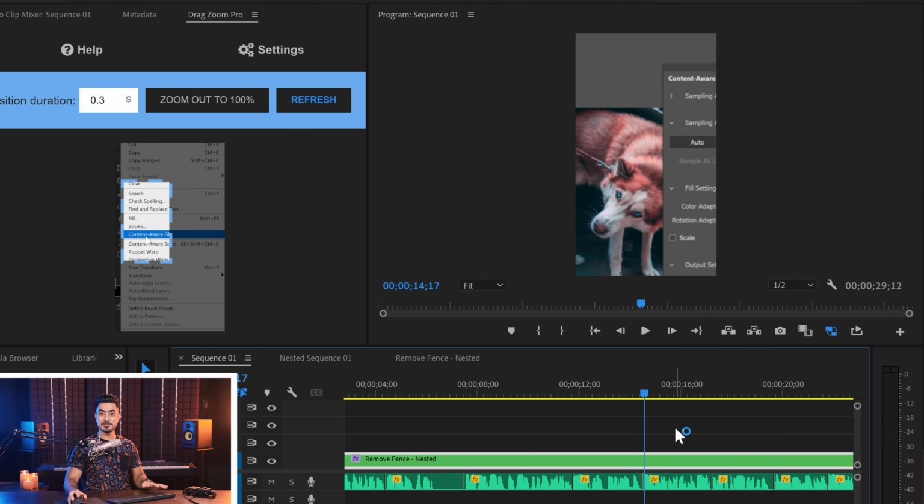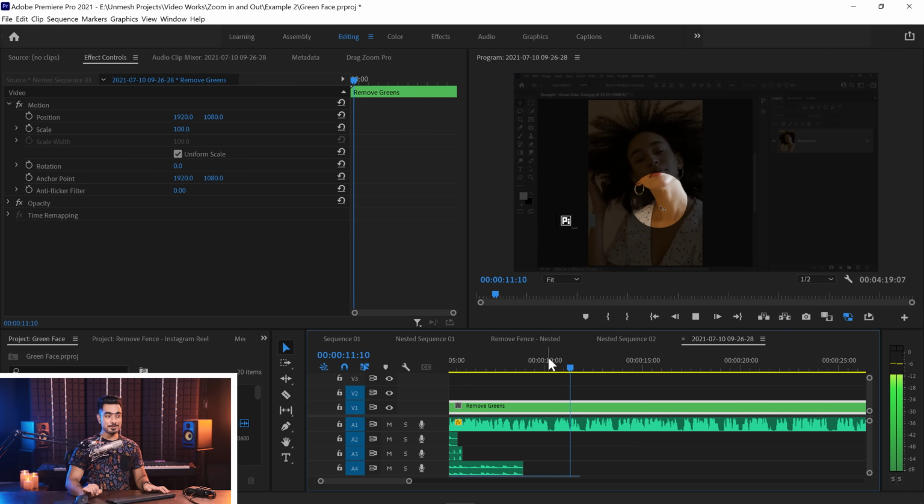See the zoom, see the transition? It's so easy, and you didn't have to do any of the keyframing manually. Now let's compare it with the traditional manual methods and see what problems we face and whether this panel can fix it. So here we have another example, and this is from the tutorial where we remove the